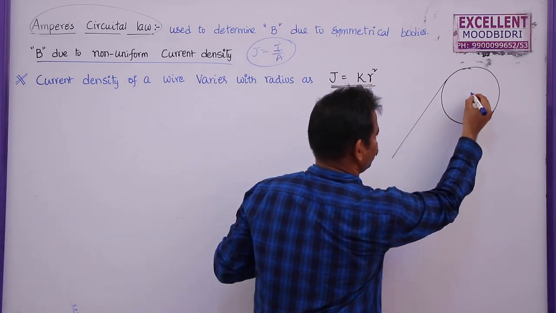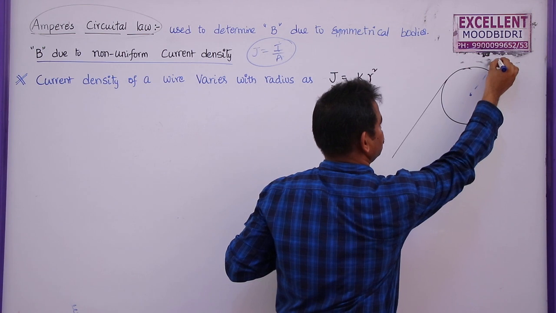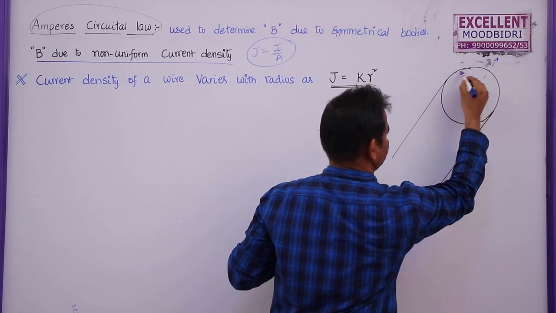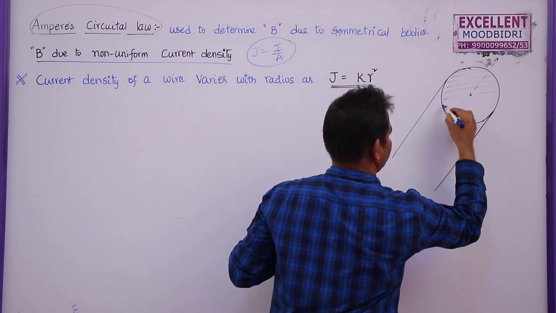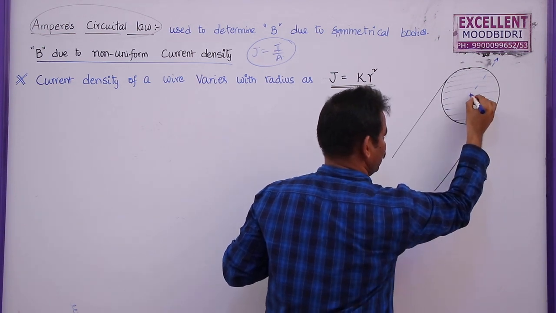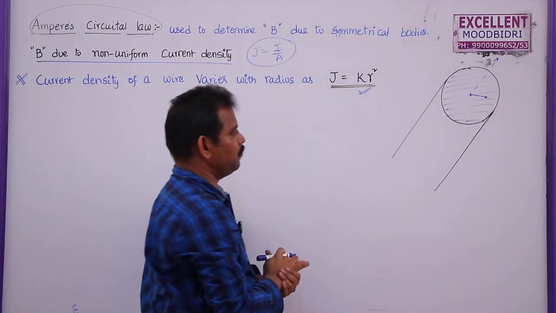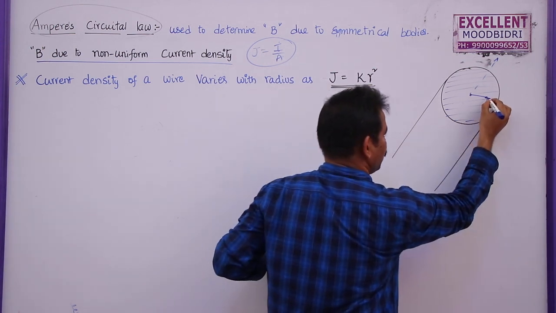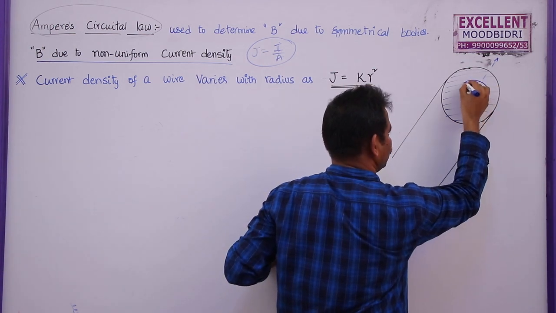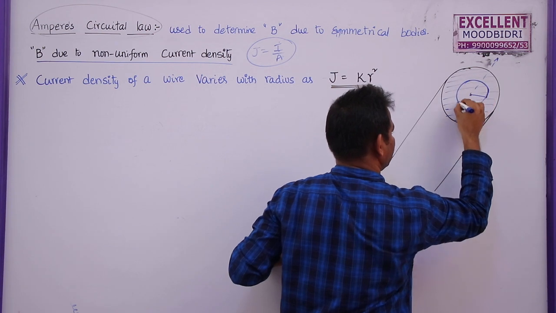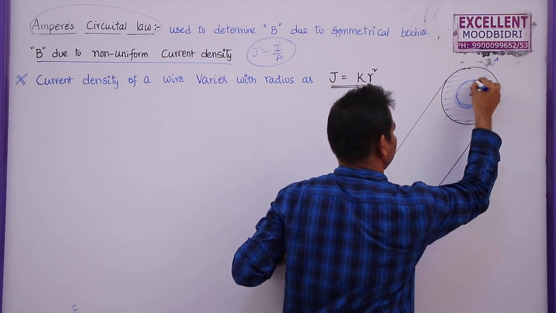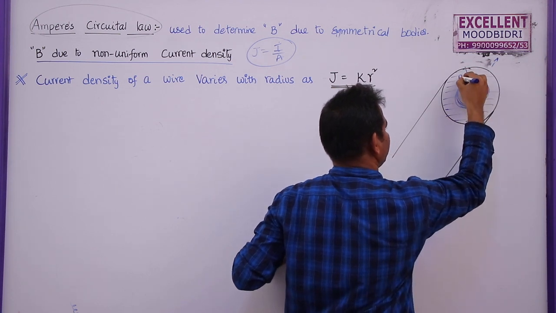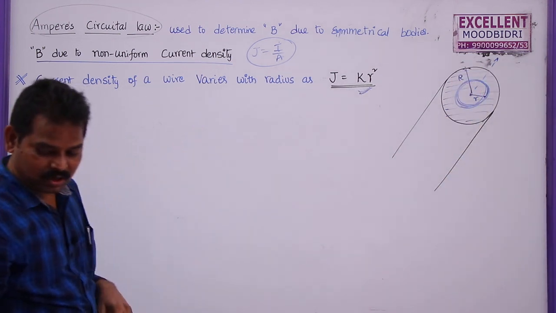So this is a wire. This is the center of this one. This is the axis through which current is flowing throughout this one. Now this is the material of this one. If you want to find out the magnetic field at this point, here J is not constant, J is varying. If you want to find the magnetic field here, now you construct a small strip here of radius r. The total radius is capital R here. Now, what is the current density here?